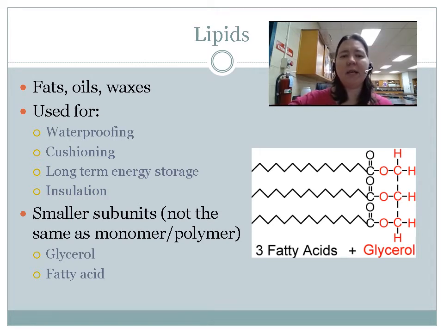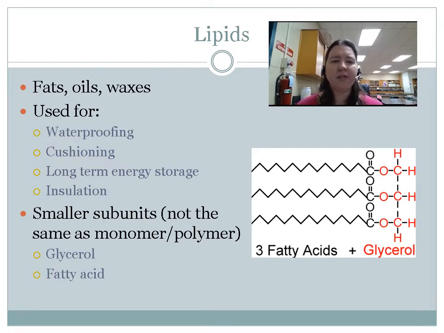Cushioning. In between your organs, there is a fat known as visceral fat. And that visceral fat is actually the fat that's in between your organs. And so they cushion each other, because if you don't have any fat in between your organs and they're rubbing up against each other, it's actually going to get really uncomfortable. You can put holes in them. If you think about friction, if you wear out different seams or anything like that.